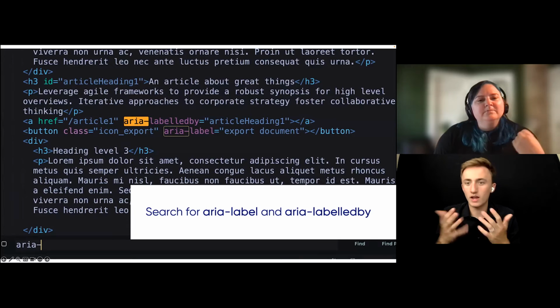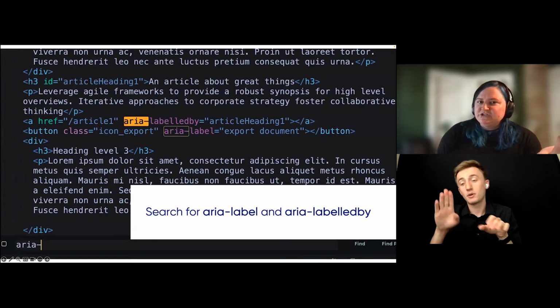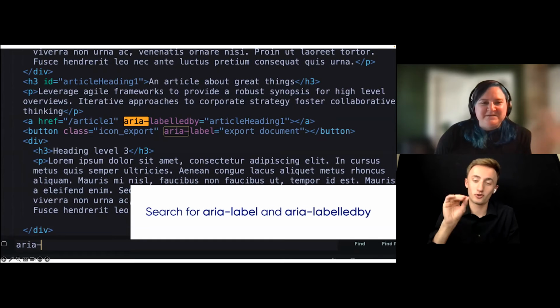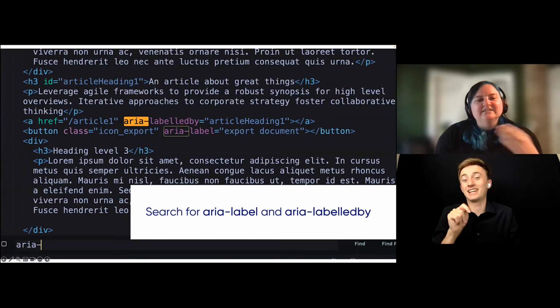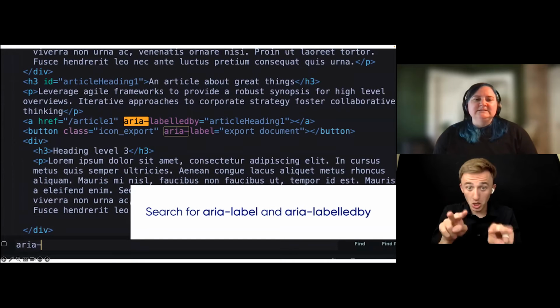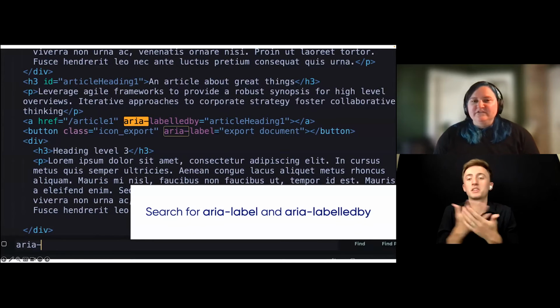Again, that could be a problem for a lot of users. You might want to ask some questions about that one too in your code review, because visible text is important to a lot of people. But at least we know the ARIA labeled by is working appropriately. It is set to an ID reference, which is the only value that it can take.